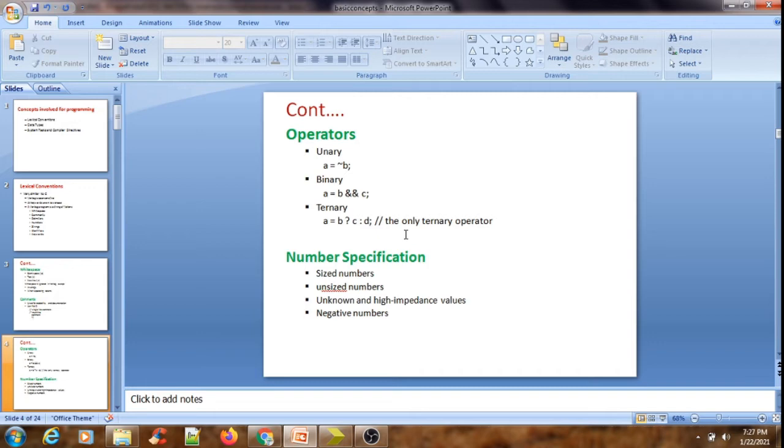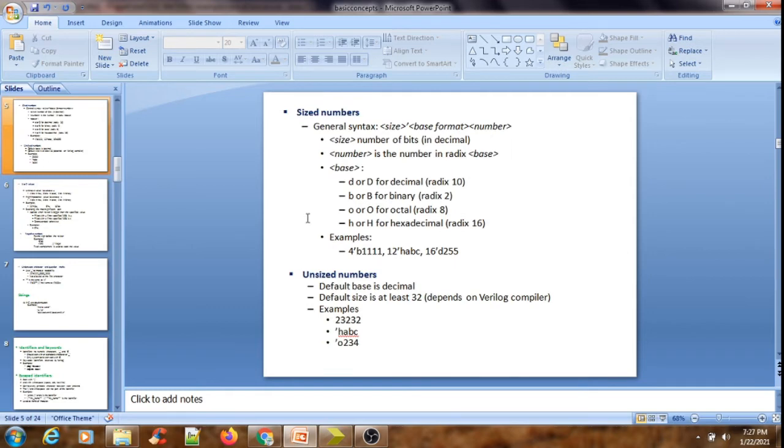Moving to the next one, we have the number specification. What is this number specification? We have four kinds: sized, unsized, unknown and high impedance values, and negative numbers. Let us see one by one clearly and slowly. Generally the numbers may be sized or unsized.